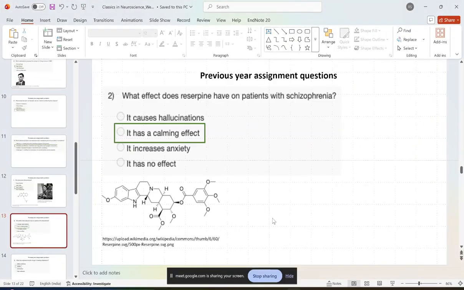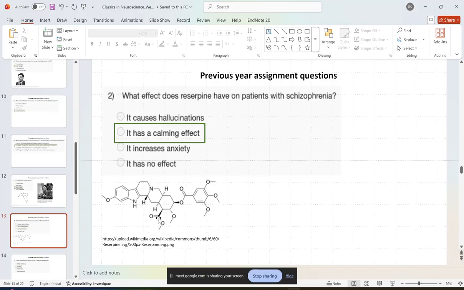So going back to the question, what effect does reserpine have on patients with schizophrenia? The effect was that it had a calming effect on these individuals, because patients with schizophrenia are already more agitated, they already have hallucinations and delusions and other problems. The use of reserpine